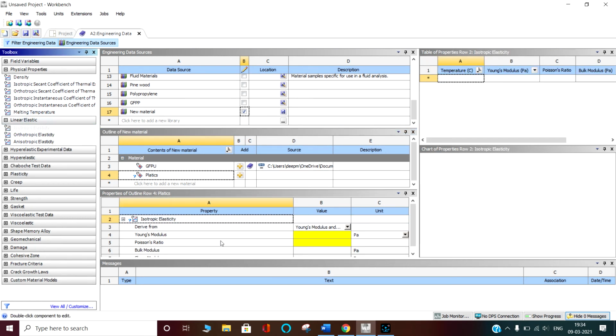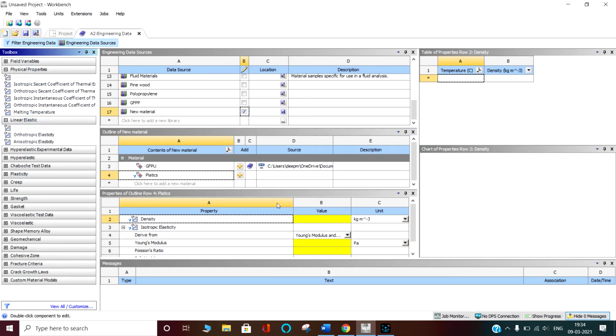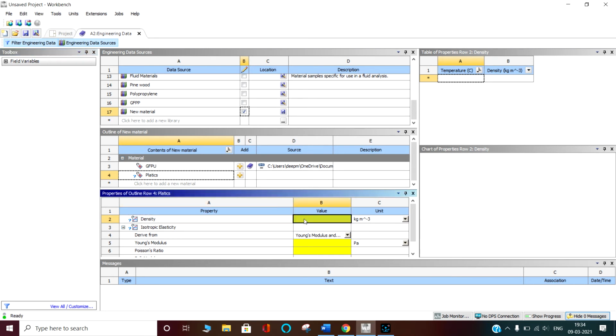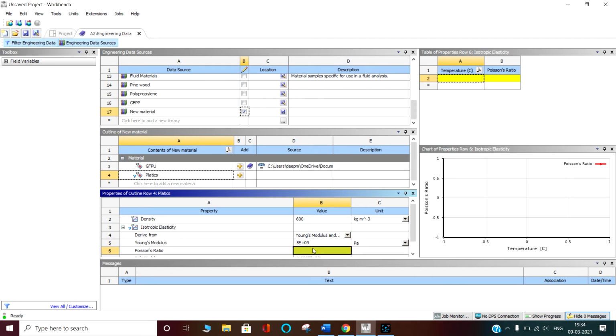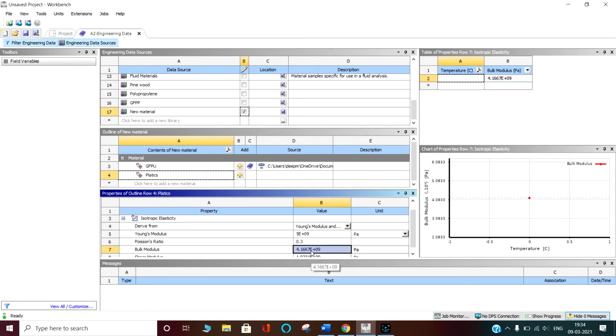Click on isotropic elasticity. Click on the density. Density of generally plastic is between 600 to 1000 kg per meter cube. I put just 600. Young's modulus, arbitrary, I am putting 5E9, that is 5 into 10 to the power 9. Enter. Then Poisson's ratio, that is 0.3.